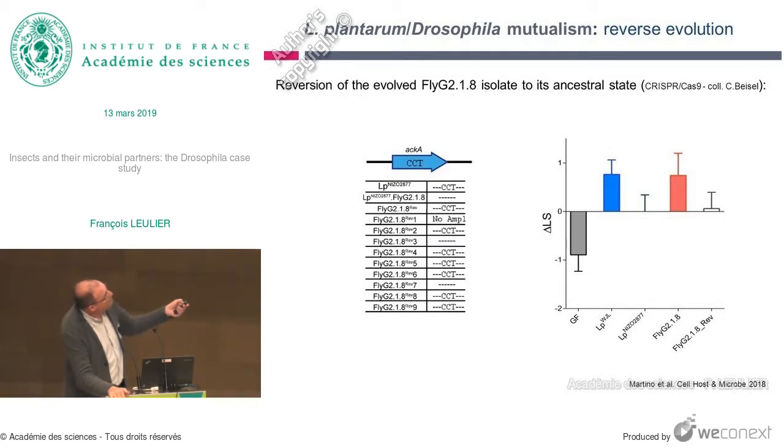What the lab of Chase Basil could do is to engineer the evolved strain, which has lost the 3 nucleotides in the ACKA gene, and reinsert the triplet back in the genome of that strain. And we checked the phenotype of that strain. What was interesting is that reverting this single mutation actually reverted the phenotype back to the ancestral strain phenotype. So that was a very important demonstration that the phenotypical evolution was caused by that very specific mutation